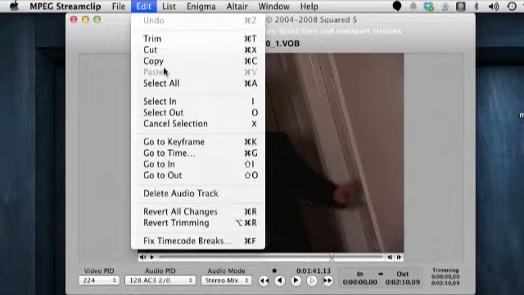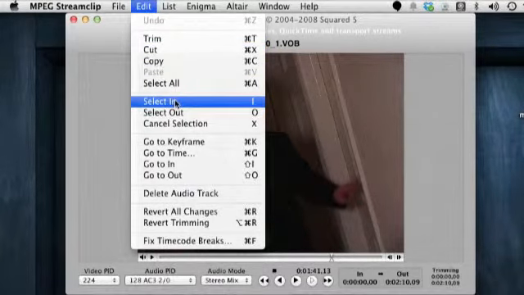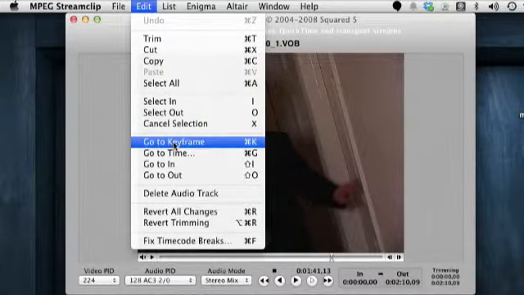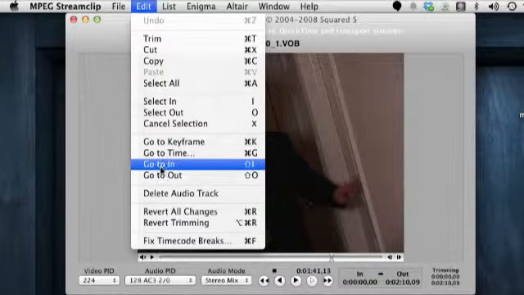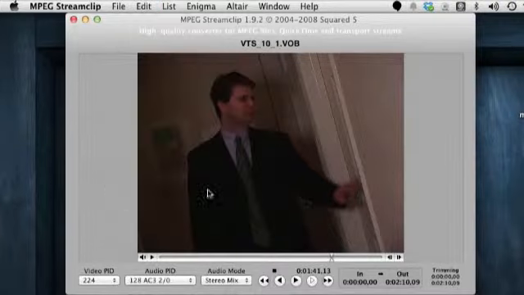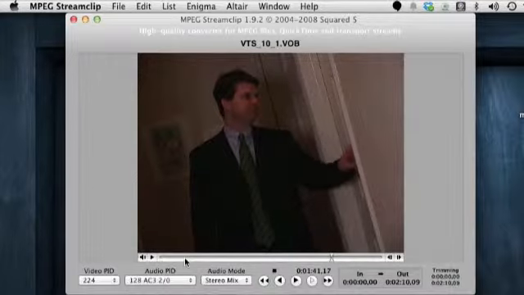You'll see up here in the edit menu, this gives us a lot of choices here. Select in, I, select out, O, cancel selection, X. So I can go to a specific time, I could go to the in, I could go to the out, etc. So let's say instead of the in and out point, although I could mark those just by typing I where I want it to be and O where I want it to be as well, and I can go forward and backwards one frame at a time using the arrow keys here. So let me say that I want to get this entire shebang. So what I'm going to do is go